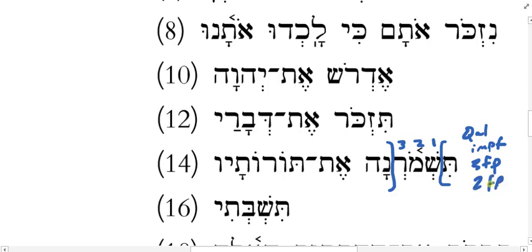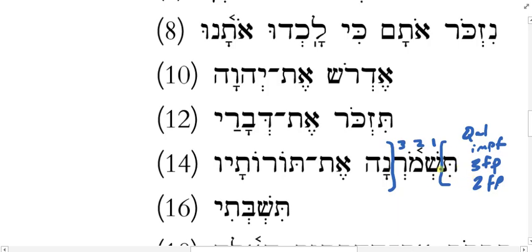Now, we don't have much context here, so we could possibly translate it two ways. But let's just talk about what this would mean if we were translating it. What does the verb shamar mean? To keep or guard, right? Who is doing the keeping if it's 3FP? It's plural. So it's they, and it's a female group of they. If it's 2FP, it's you, plural, and it's a female you, right?